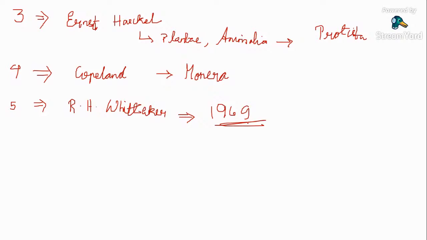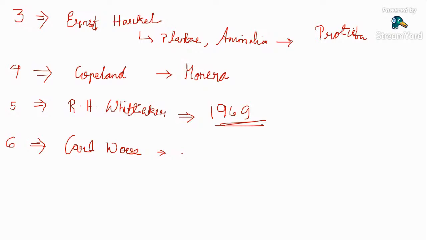Before moving on to the details of the five kingdom system, another system of classification came, the six kingdom system, which we are not going to learn. The mostly accepted one is the five kingdom system of classification, but a sixth kingdom system also arose, given by a scientist called Carl Woese. In it, he removed kingdom Monera by splitting it into two.